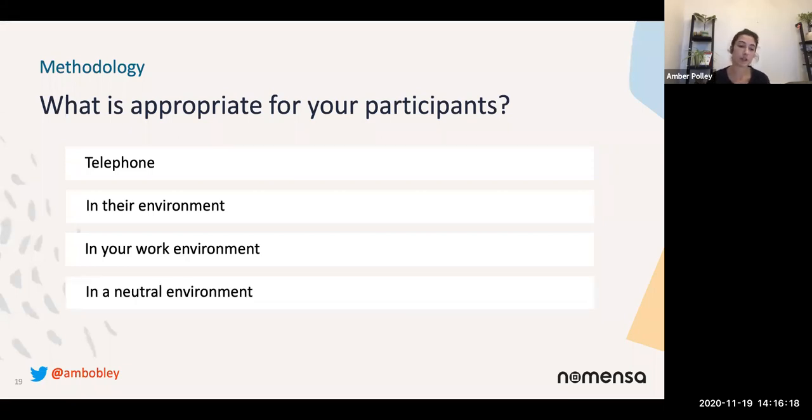You could be thinking about using a neutral environment, so talking and meeting up in a cafe or going for a walk in a local park. However, I would say this comes with its own risks as well, because neutral environments are much harder to control, not just through noise, but also confidentiality. I would highly recommend being in a room that can be closed off, so that the participant feels okay and safe to disclose anything that they need to. And also, if you're specifically asking quite sensitive questions, it might be easier or more comfortable for people to be writing down their responses at certain times. So think about the resources you need to be taking to that session for people to do that.